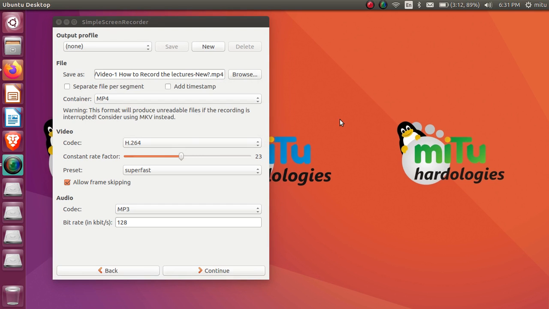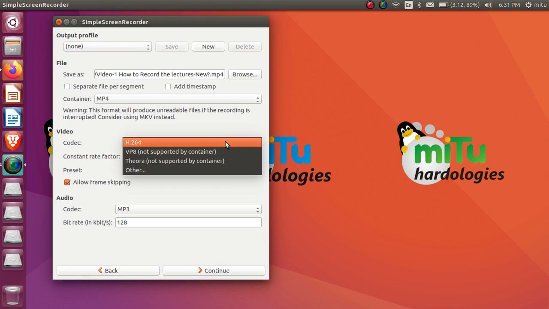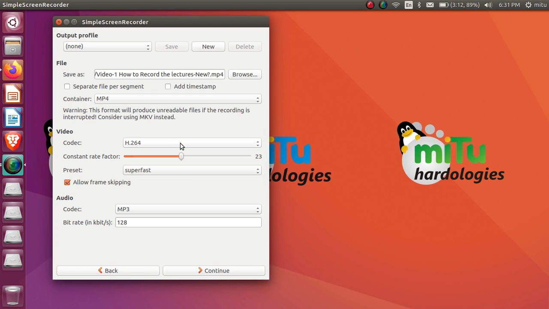So the format you have to record in is also mentioned. Now, which codec are we using here? Codec means the video encoders, used basically to store the video and audio together. Here I am using H.264. It's a standard video and audio integration format which I have chosen by default. If you want to choose others, it's fine, but currently on my system they're not available, so I have to use H.264 by default. If you want to use others, you require drivers, and they need to be installed in the operating system. So I'm using the H.264 driver here.